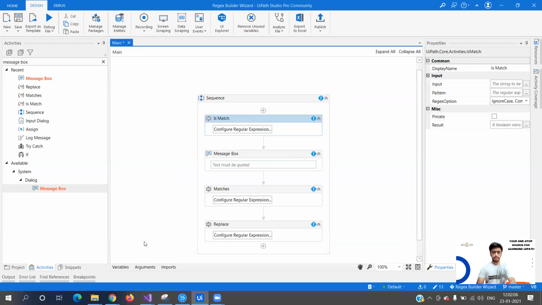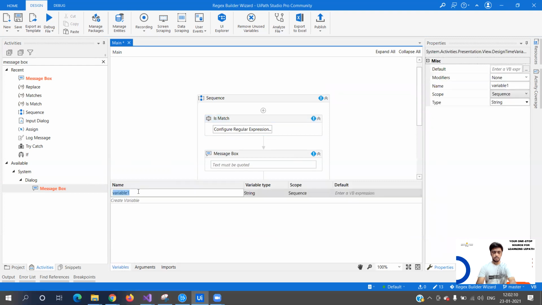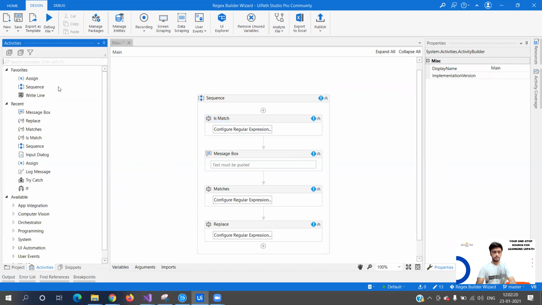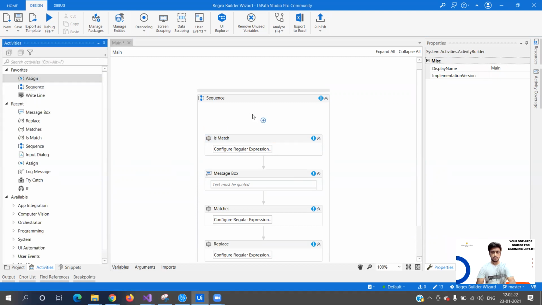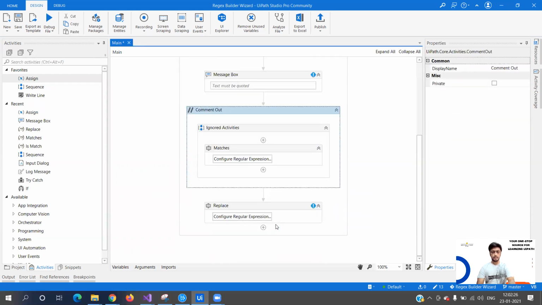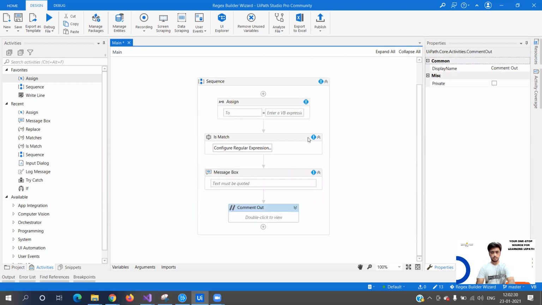Let me cancel it. And what we'll do is we'll create a variable called where email. And here, let's, okay, what we'll do is let's use an assign box so we can see it multiple times. Comment. The variable is my email.